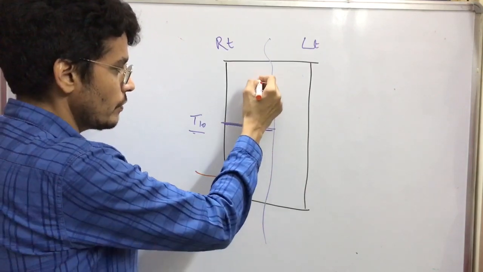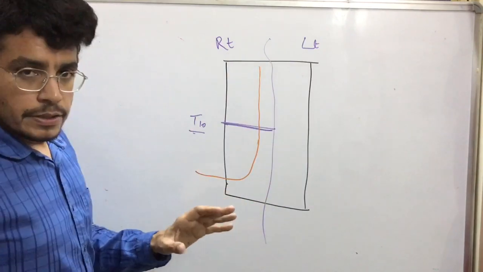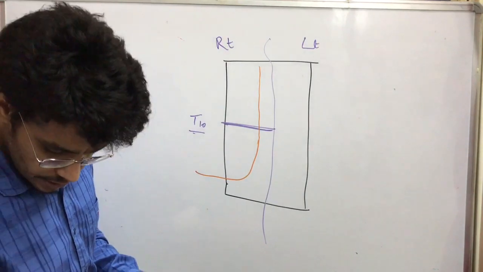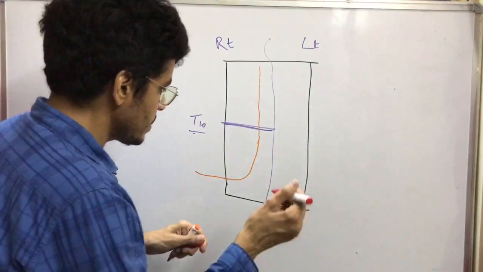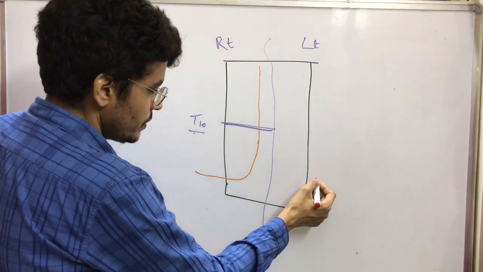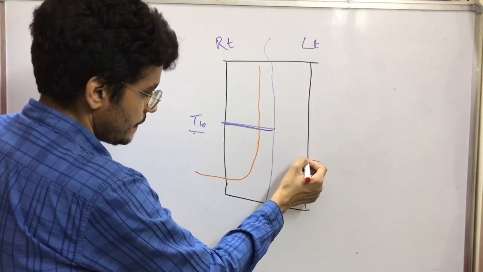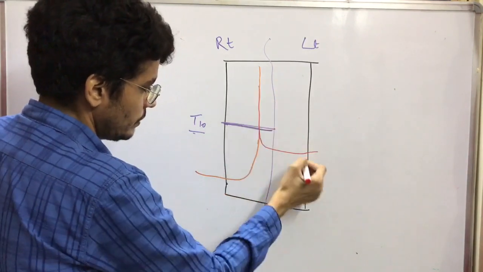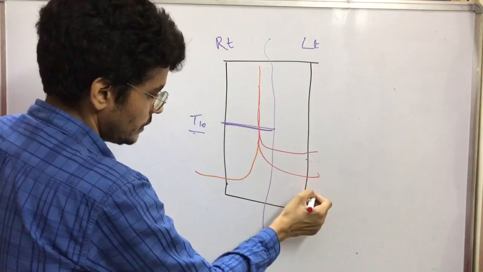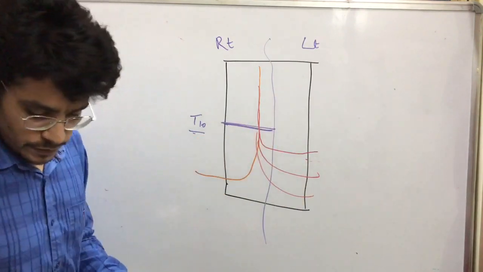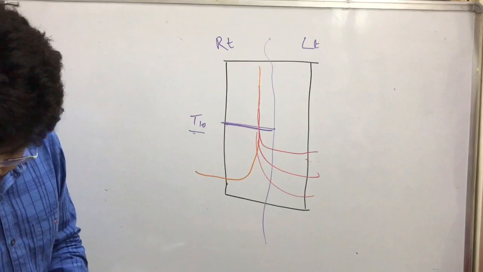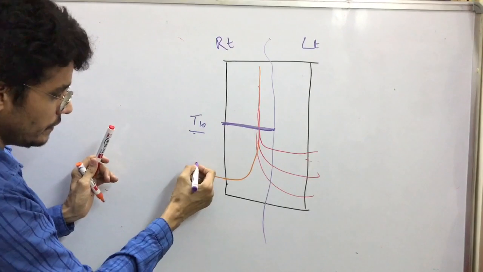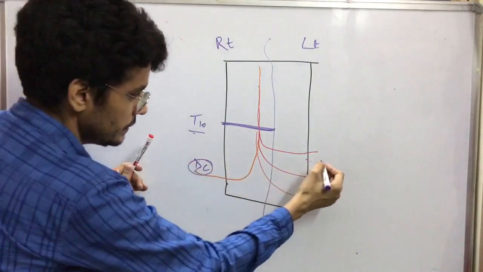And pain and temperature are carried by the anterolateral spinothalamic tract, which will enter and move along this one, right? So if there is a lesion at the T10, this is the dorsal column pathway and this is